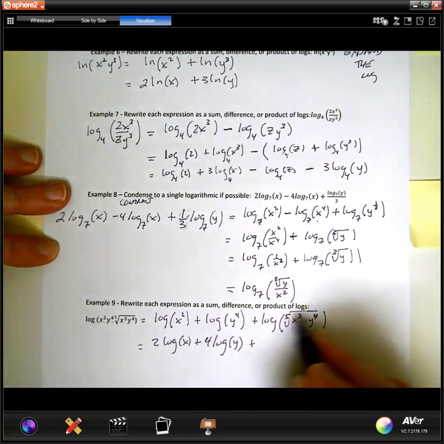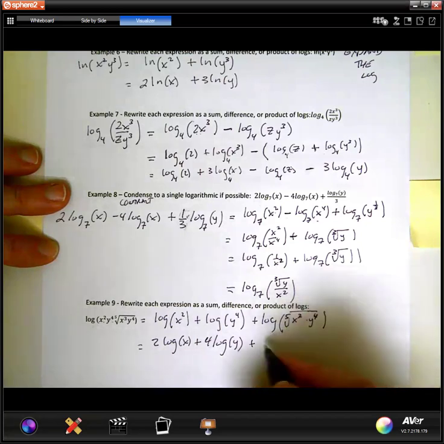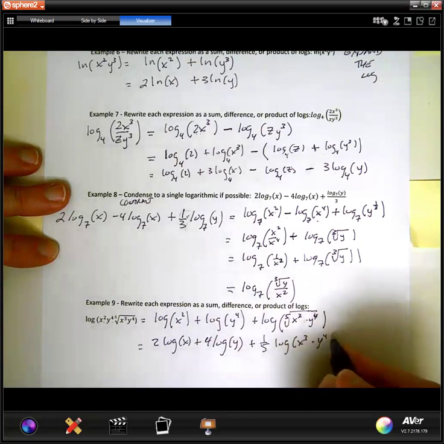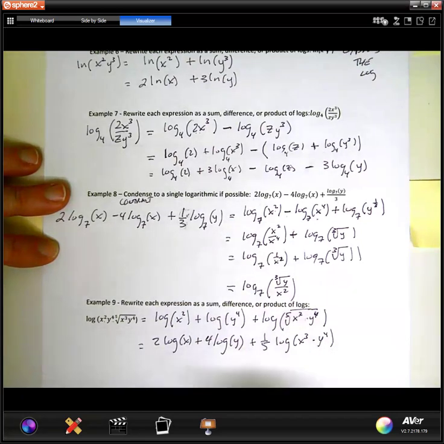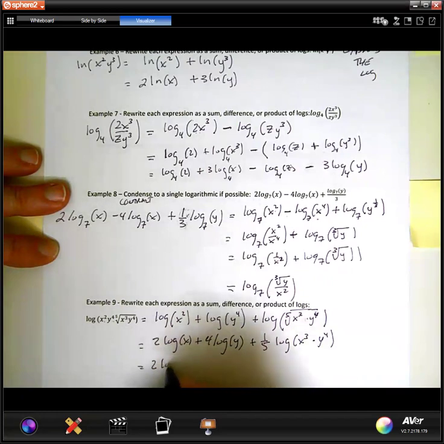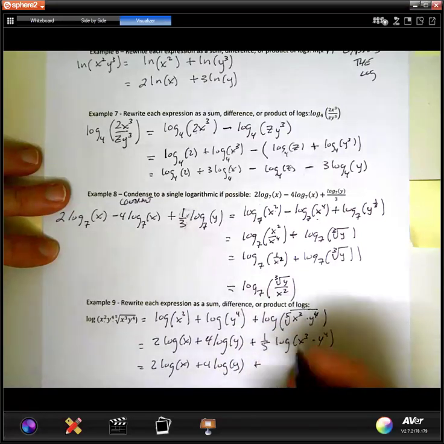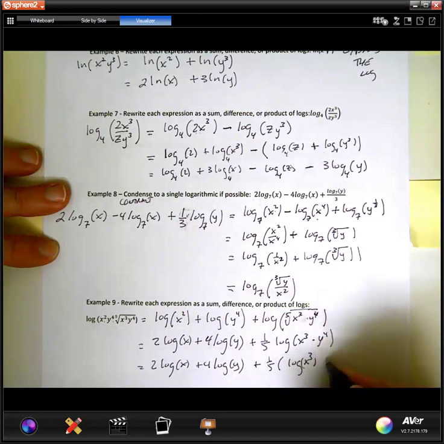And now this is the 5th root. So remember, imagine that I have 1 over 5 sitting here. So when I bring this down, what I have here is the 5th root. And now I can expand this further. So what I have now is 2 log of x, that's 4 log of y, plus. And now when I expand this, the 1/5 is going to go to both. So I'm going to put parentheses until I expand: log of x cubed plus